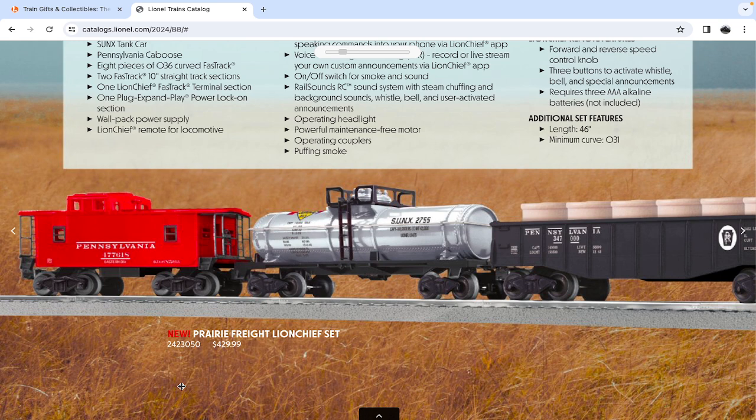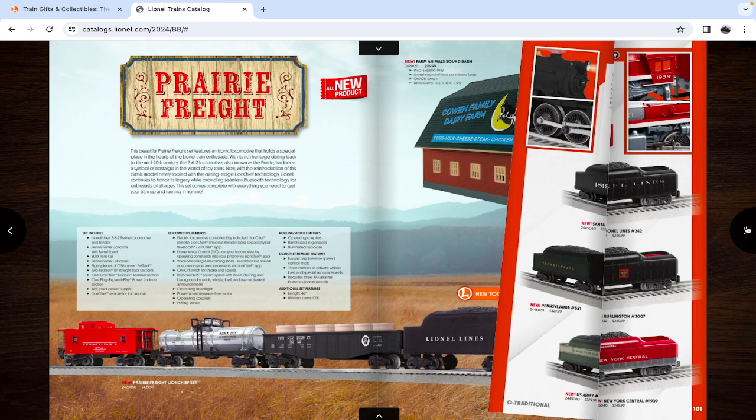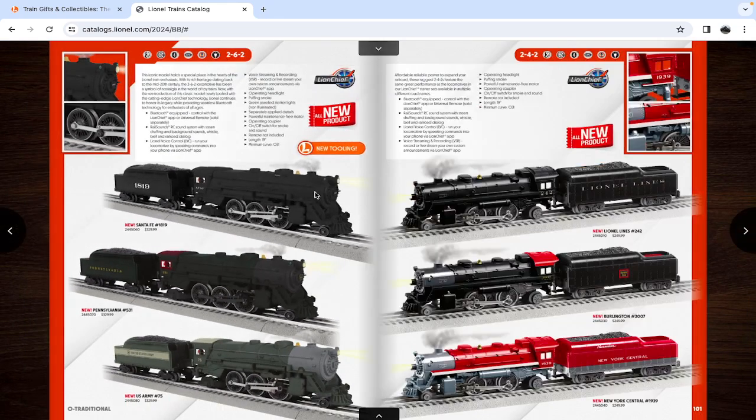For a set of $430, not bad, if the locomotive is still die-cast and the tender is still pretty good quality, as will the trucks. This I can see will be one of the newest and best Lion Chief sets Lionel's produced in a long time. Now, something else that Lionel's doing with the 675 set is they're offering these locomotives separately, which is a very nice and good idea. For $330, however, I am not sold quite just yet on a Lion Chief locomotive with that kind of price